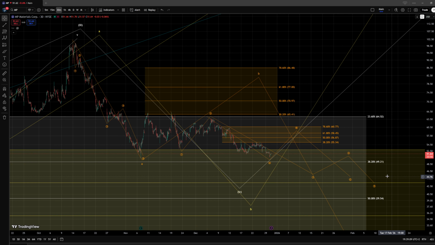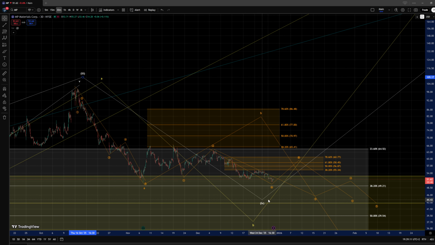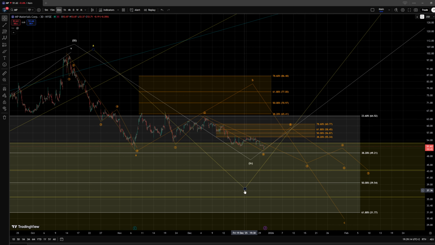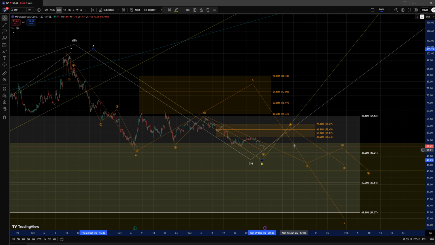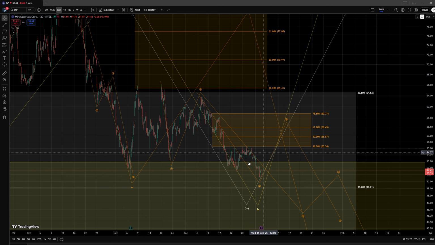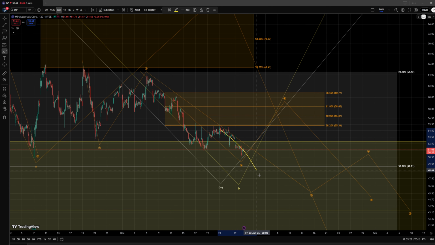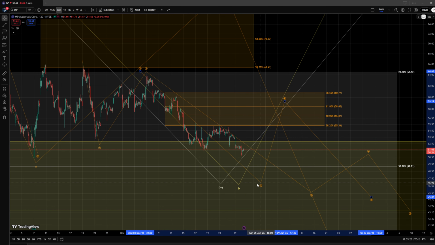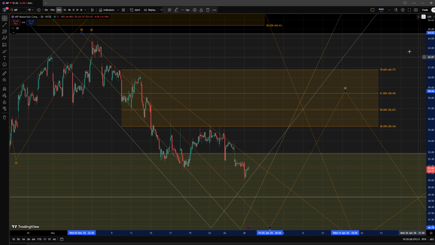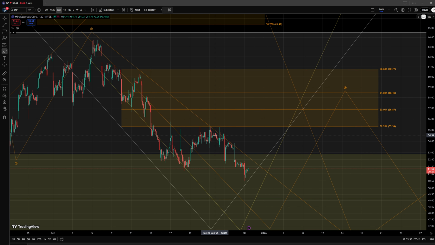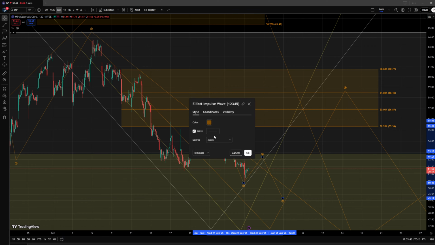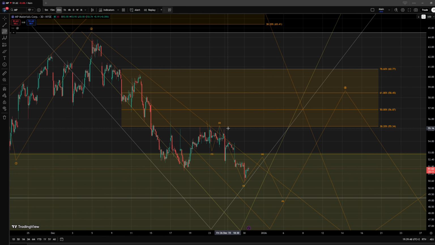Only then can we actually have a more clear assumption that we have indeed already bottomed within either one of these larger corrections in yellow or in white. But right now we aren't focusing on this, because even internally within this structure we can expect further continuation lower, and then within this wave A I would go as far as to say that internally within this structure I would like to see a 5-wave move to be formed to the downside, where right now I would actually assume that we have maybe bottomed within the wave 3, and we can track here an internal area of resistance for a wave 4,